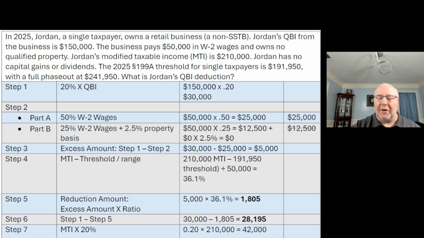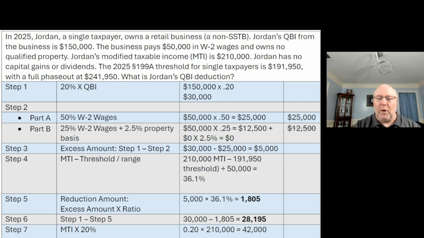It gives us 36.1%. So of that excess amount that we calculated in step 3, we need to reduce it by 36.1%. So if we come down to step 5 now, we're going to take that 5,000 times 36.1%, which equals